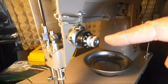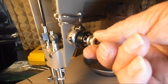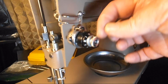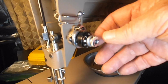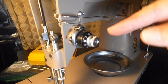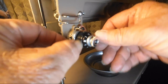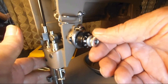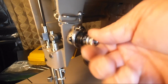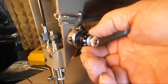The first thing that we take off is the thumb screw. And different than the 400 and 500 slant-o-matics, this doesn't have any little dinky tiny losable screw. It's got a pin on the back that goes into the tension dial. So you can put the pressure bar down and just turn the thumb screw all the way left,